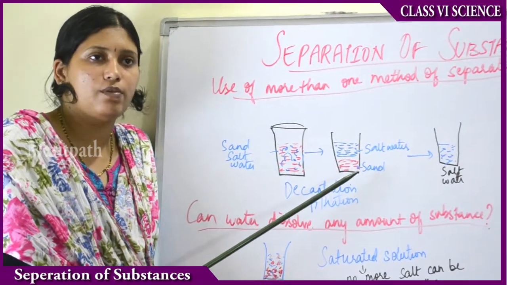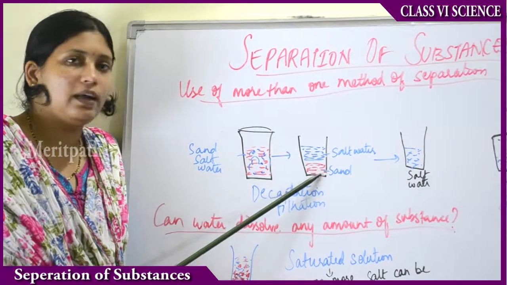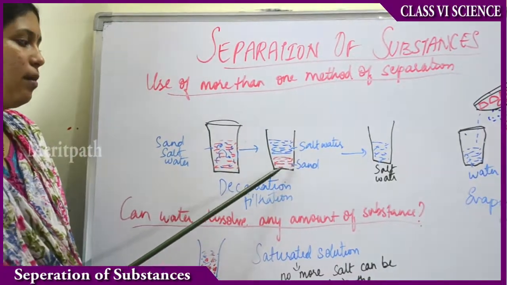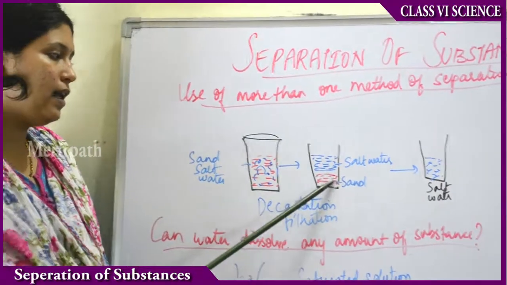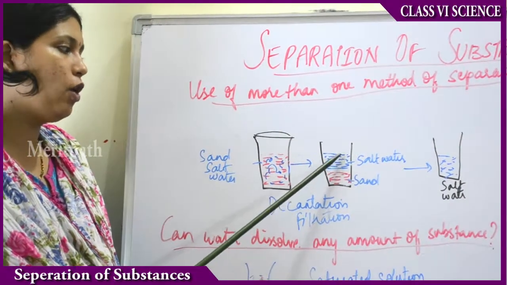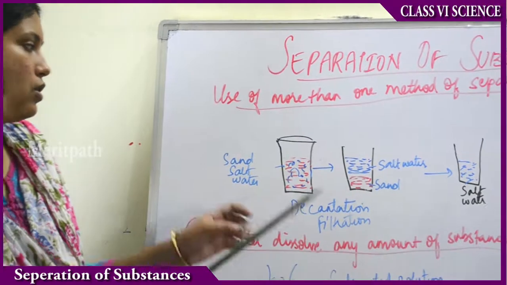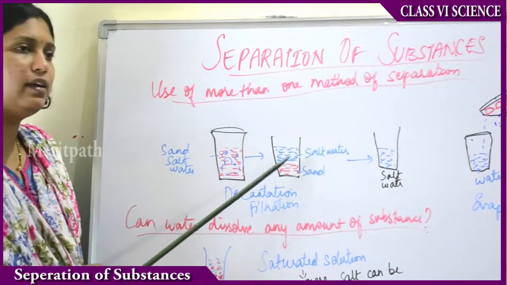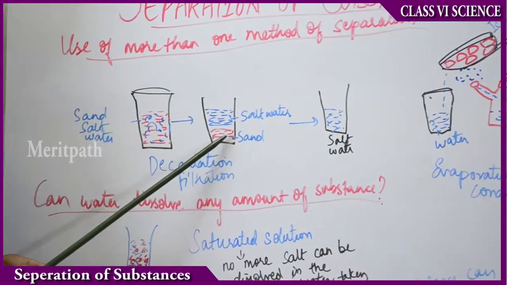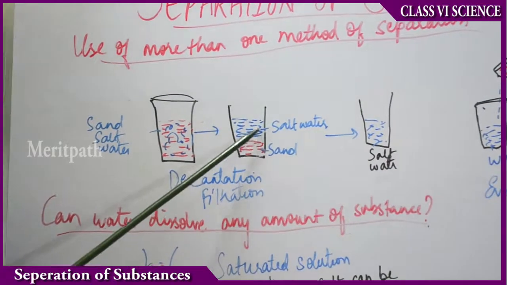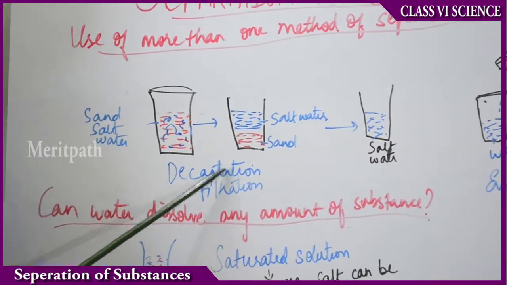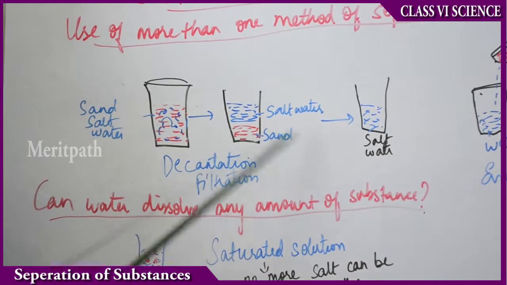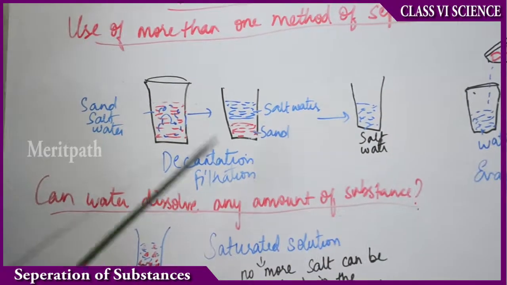After it stands like that for 1 hour without disturbance, the sand, the heavier particle, will settle down at the bottom and the salt water will be floating up. So the sand settling at the bottom is sedimentation, and the salt water floating at the top is decantation. Clear, right? Salt, sand and water were mixed in a glass. After 1 hour, if left undisturbed, sand will settle at the bottom, called sedimentation, and the salt water will stand at the top, by decantation. And again, if you take a strainer and pour this salt water in it, leaving behind the sand, you get salt water by the process of filtration, right?